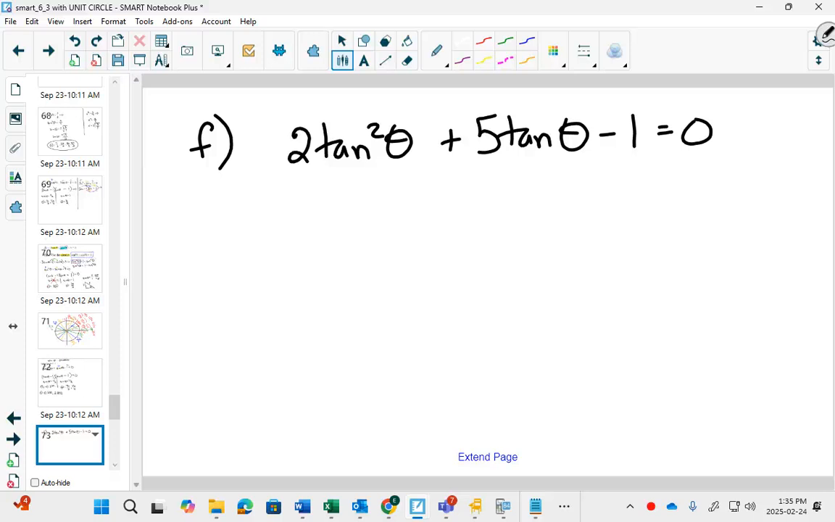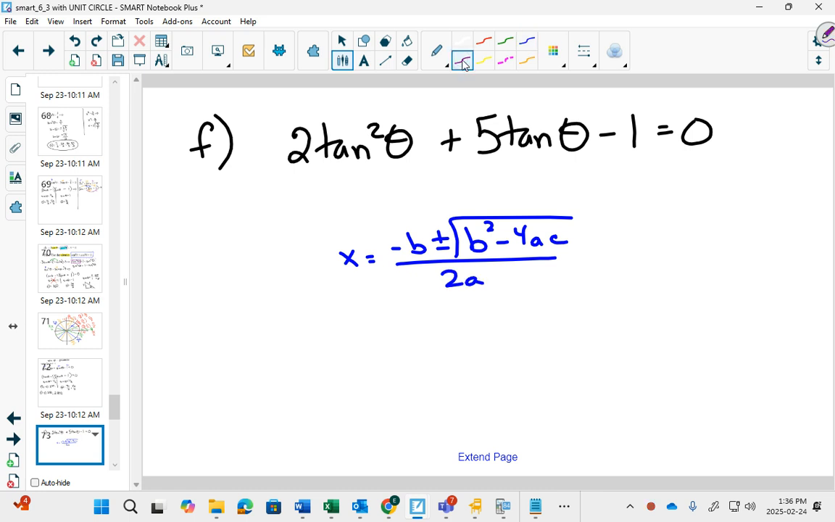And I purposely made one up that was not factorable. So on your formula sheet, you have the quadratic formula. The quadratic formula looks like this. And it is,